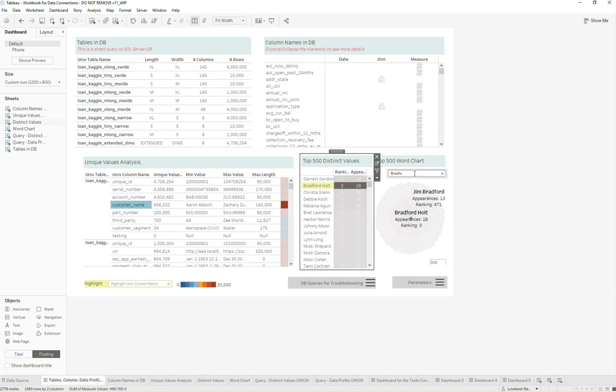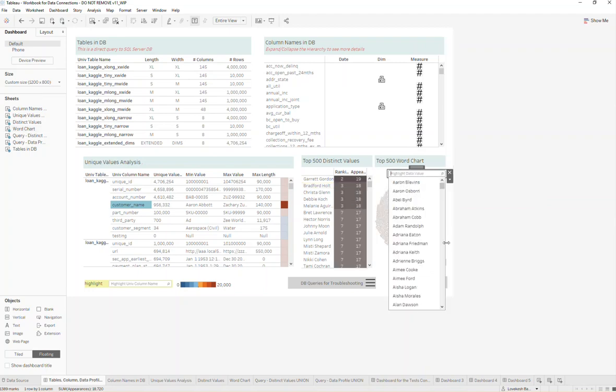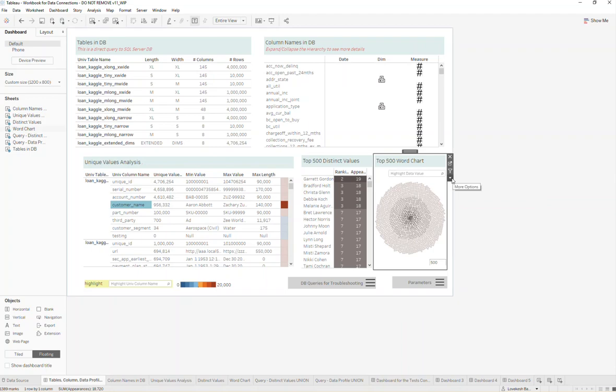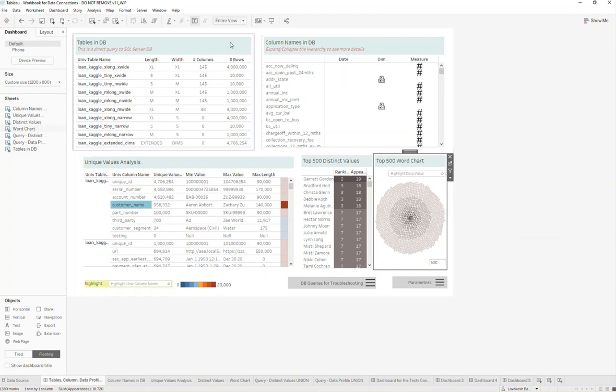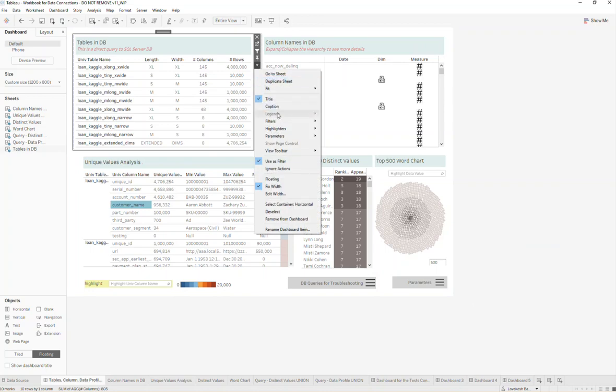How did you get the highlighter there? Oh yeah, that's a good question. So how I got the highlighter is I can click on any one of the sheets. So if I click on this sheet, I can go onto sheet and say highlighters and show me the highlighter for a field. So the highlighter I'm using right now is on data value. But that doesn't mean that's the only one. I can come to this sheet and I can say show me the highlighter for